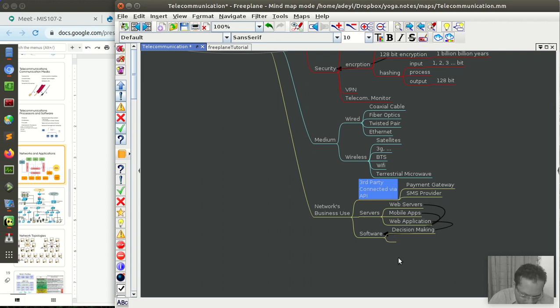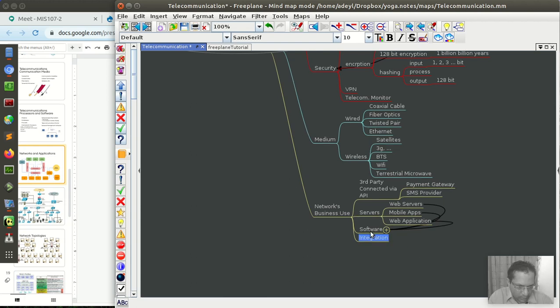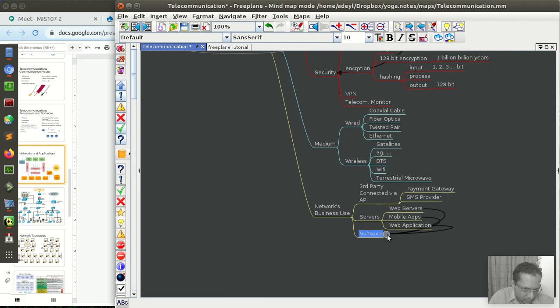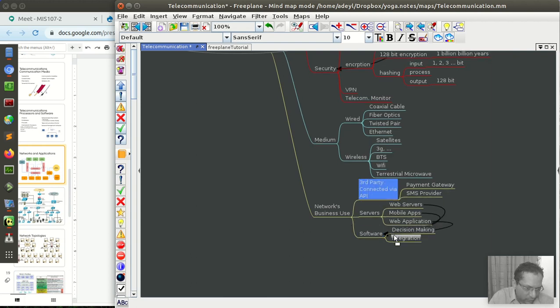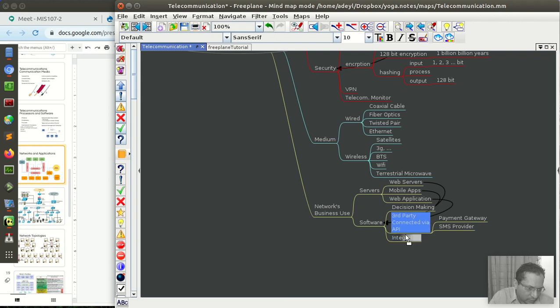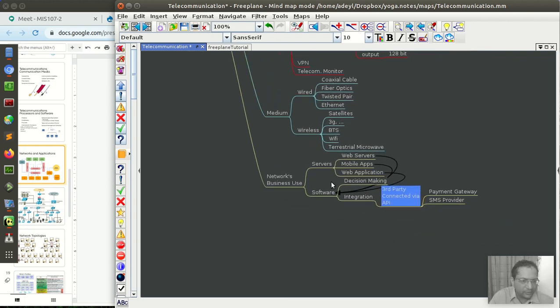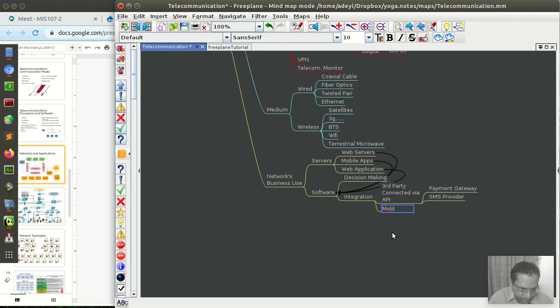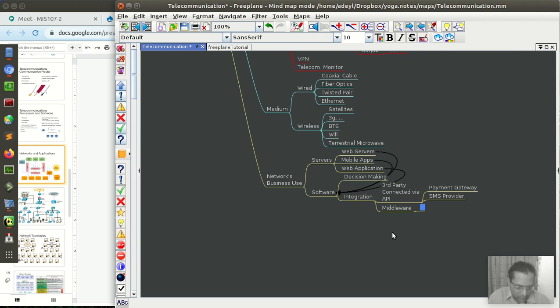Of course, integration we do using software, right? Integration software. This is one form of integration software: a third party payment gateway, this is connecting. Another integration software is middleware. This software can connect the organization's ERP system to ERP, CRM.